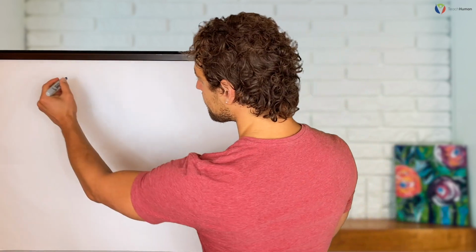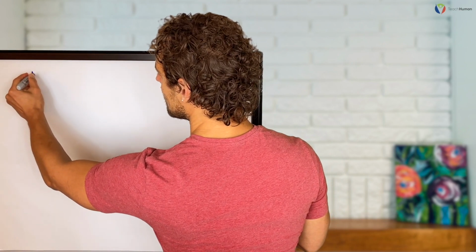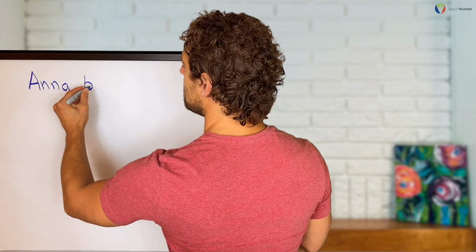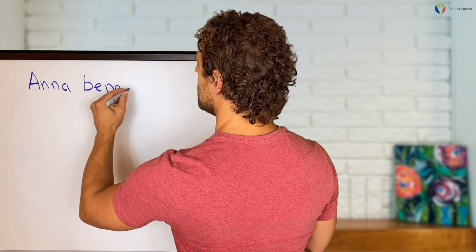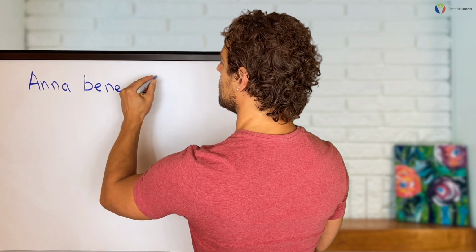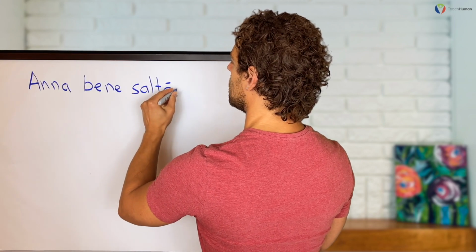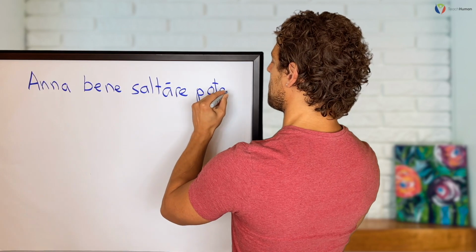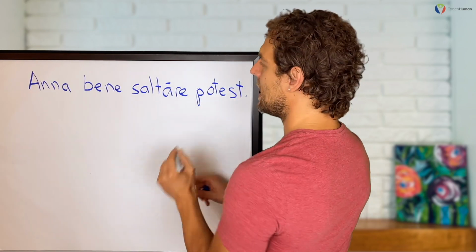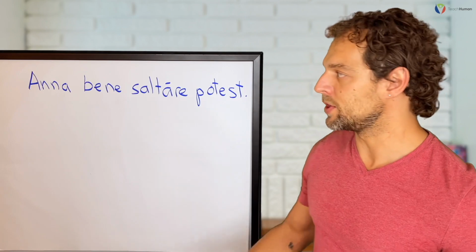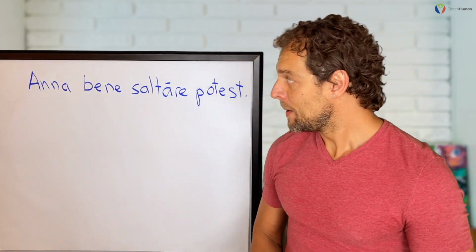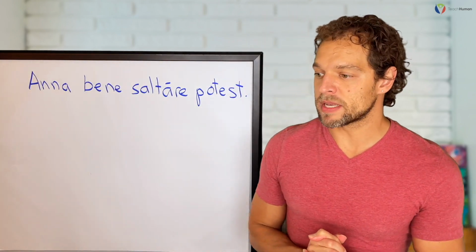So here's the sentence. We'll say, Anna bene saltare potest. Anna bene saltare potest. Anna is able to dance well. Anna can dance well. Again, in my classes, often a sentence like this would be derived from something like asking